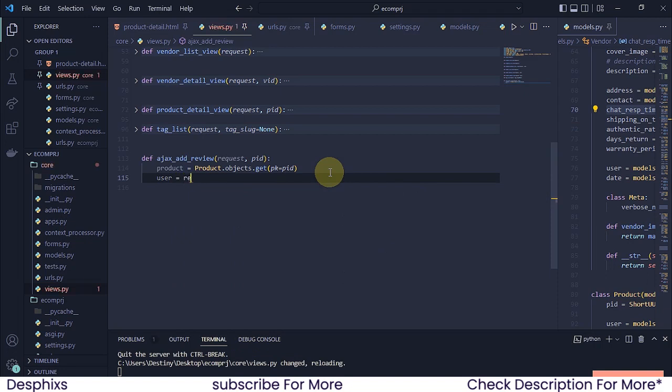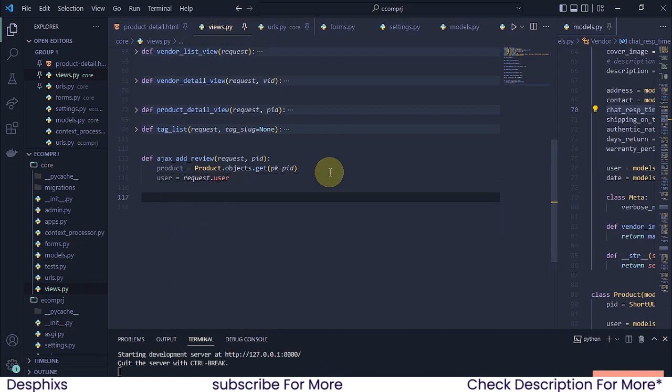And we could also get the logged in user. So I'm going to say user should be equal to request.user. That's how to get the logged in user. Now let's go ahead and grab everything that we're going to be passing into the form. But before we do this, there's something I want to do. I'm going to come over